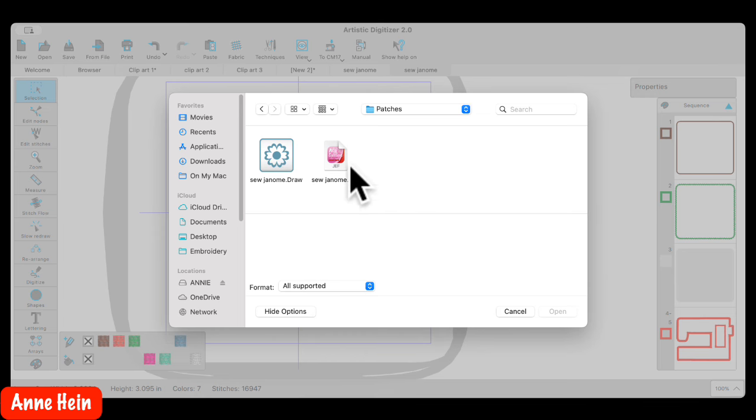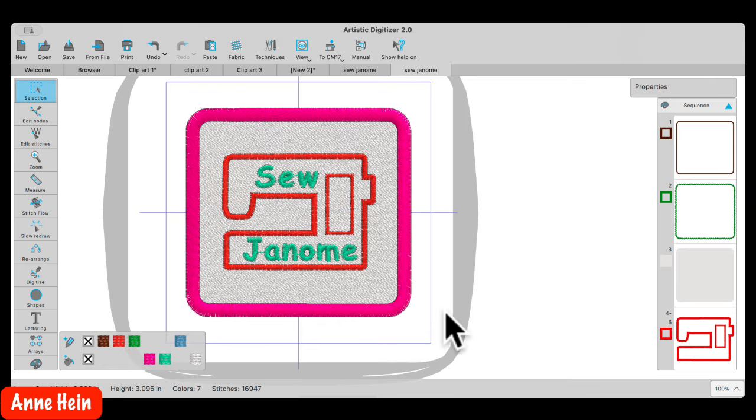So it just depends on the way you want to do it. I don't need to have two files whenever I'm always working with the software. So I would just always open my draw file and then send it to my machine. That's how I would do it very easily. I'm just going to cancel that. So there you go. That's working with the